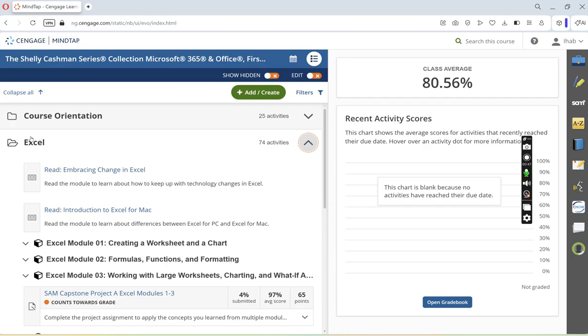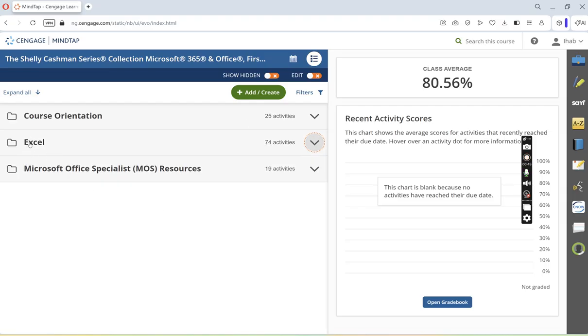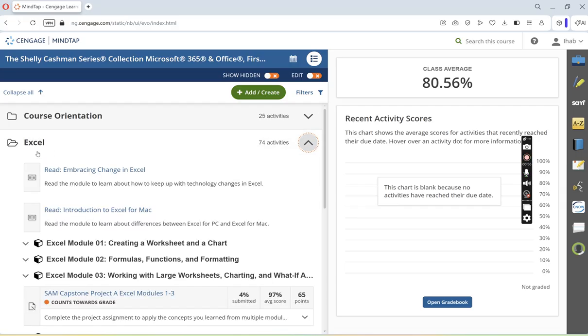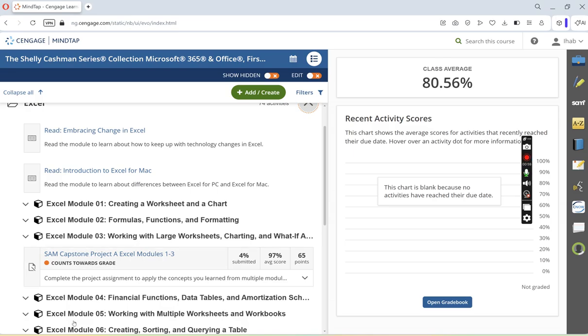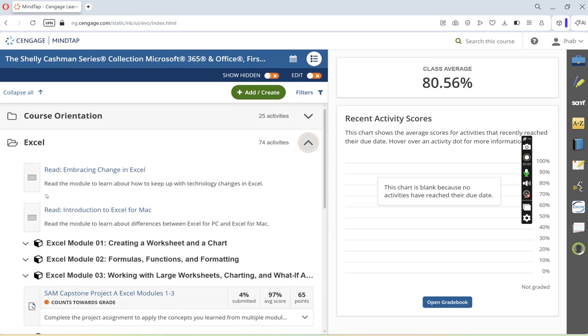So basically, when you open MindTap, you will see Excel here, and it can be any other topic. It doesn't have to be Excel, but Excel in this case. And then you will see the different modules assigned within this particular heading. And of course, if you're using Canvas, then all you need to do is click on the link within Canvas that will take you directly to the project that you are assigned to submit. So when you open Excel, expand Excel Module 1,